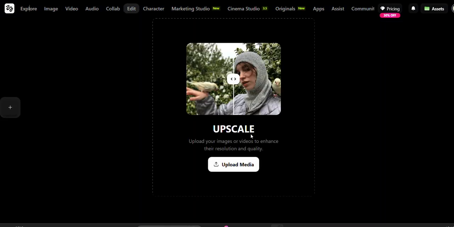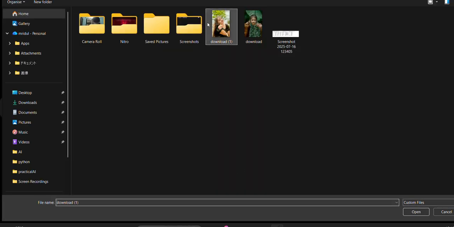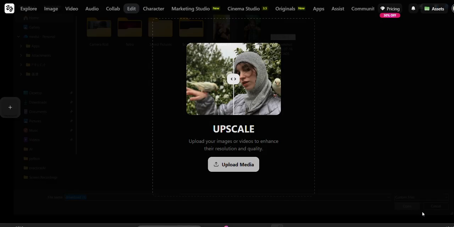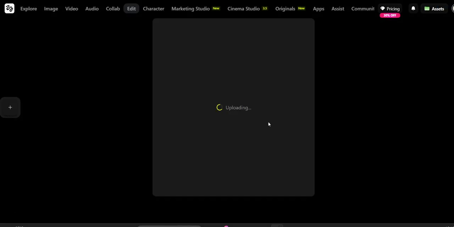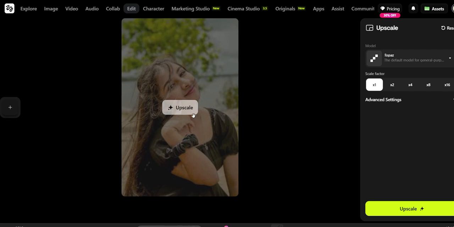So here you can see you'll have to upload a media in order to upscale your image. Upload your image or video to enhance its resolution and quality. You can simply upload the media. So let's go with this picture. You'll simply press on open. It will take some time to upload because it will take the eligibility, and then you can simply see